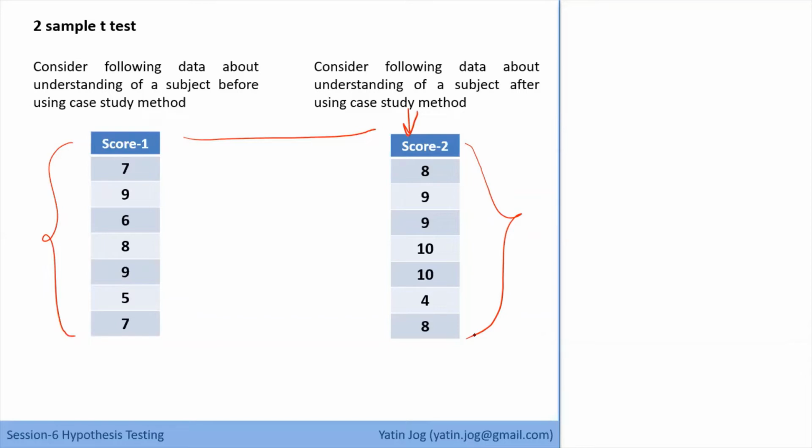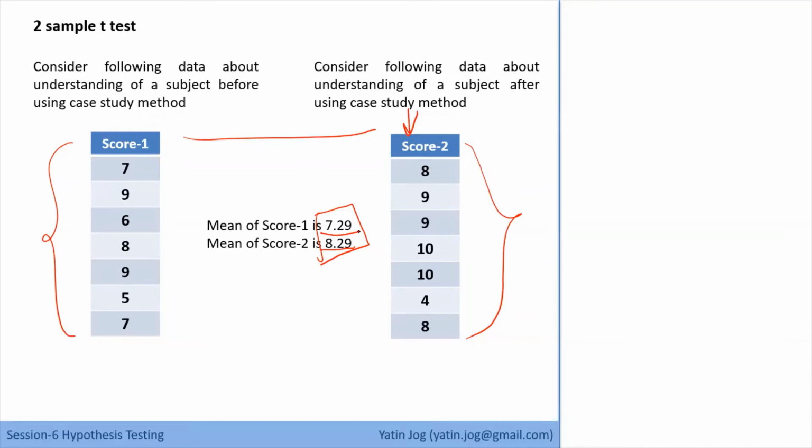So in that case, I can call this a paired sample t-test situation. Now, before going to the paired sample t-test, let me just calculate the mean values for score 1 and score 2. The mean of score 1 comes as 7.29, and the mean of score 2 comes as 8.29. Only looking at the mean values, the average values, my basic understanding is, okay, score 2 is greater than score 1. 8.29 is greater than 7.29. So I may want to consider that score 2 is better than score 1.